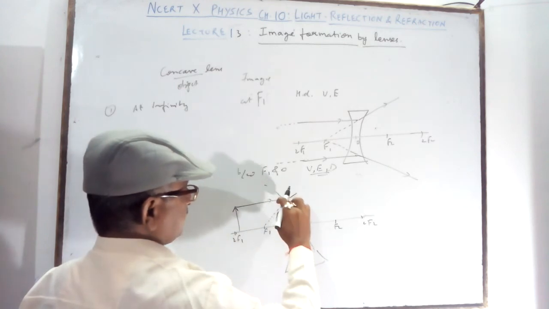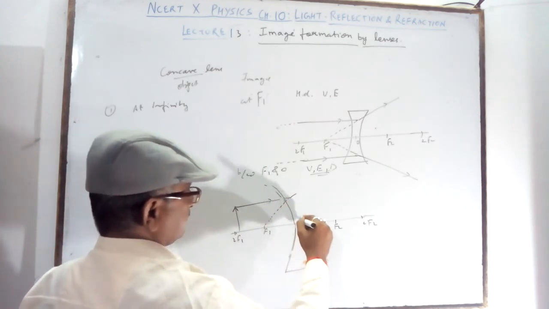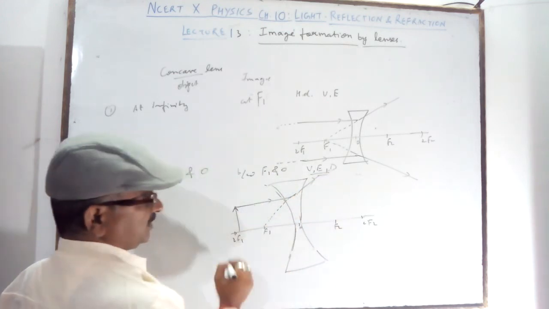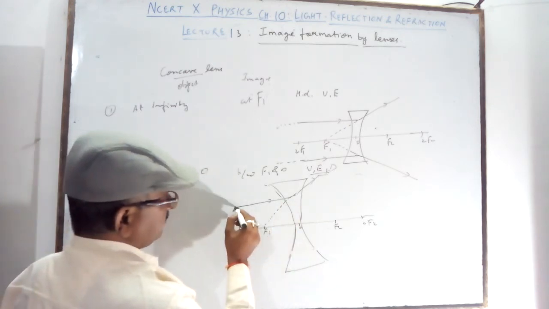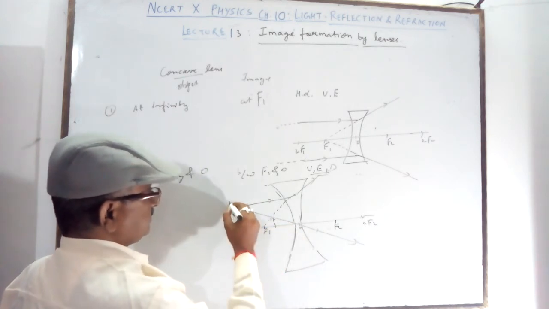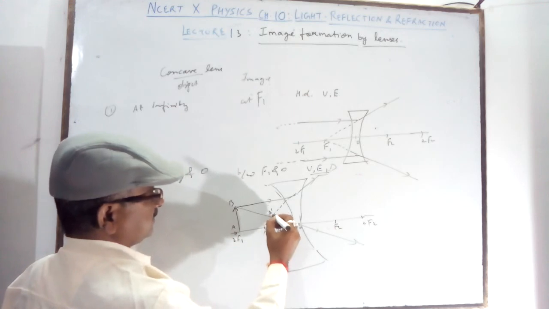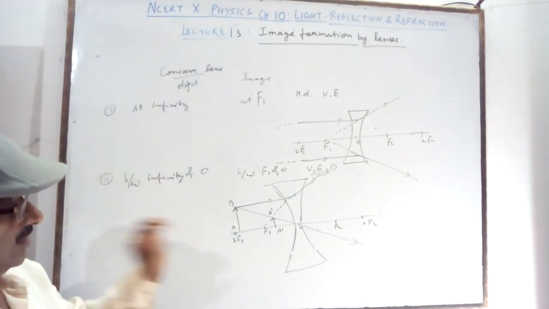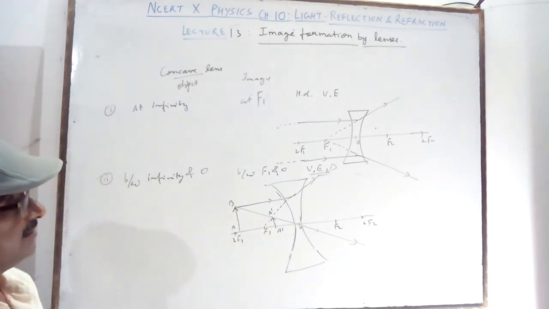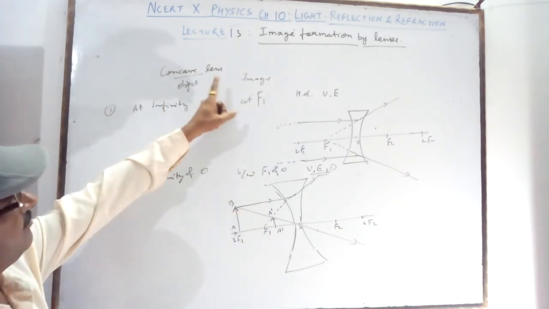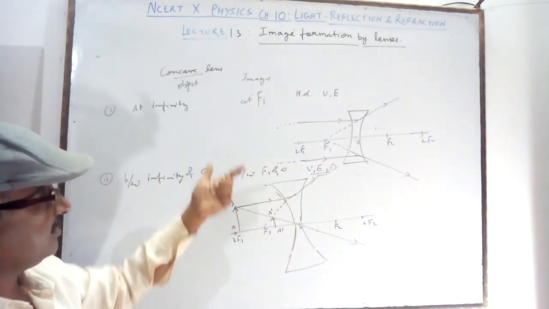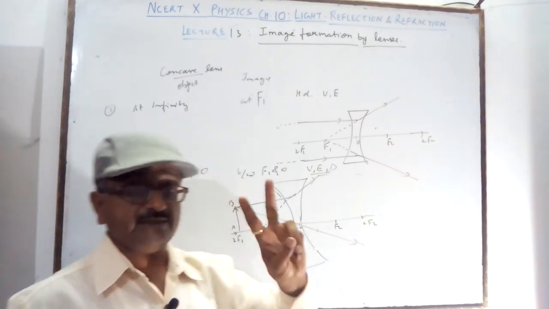When drawing the lens, take a bigger lens. Here it goes in this direction, and you produce it backward until they meet. Another ray you take is the one passing through the focus, with no divergence. So here is the image. If the object is AB, then here is A dash B dash: diminished, virtual, erect, between O and F1. It is the same as in the convex mirror, and here the concave lens also has only two conditions.